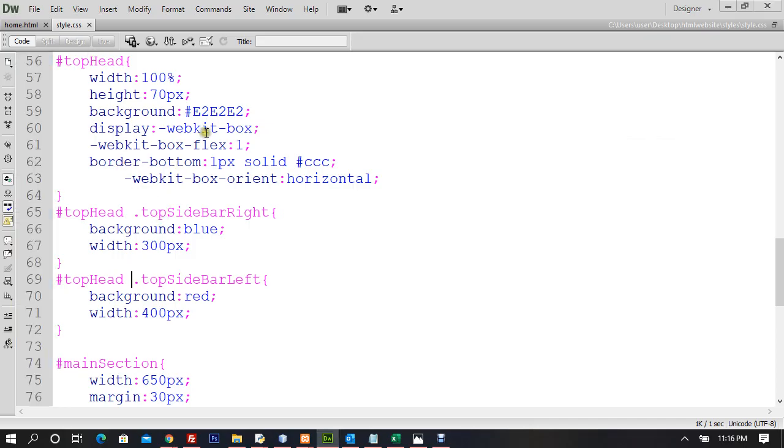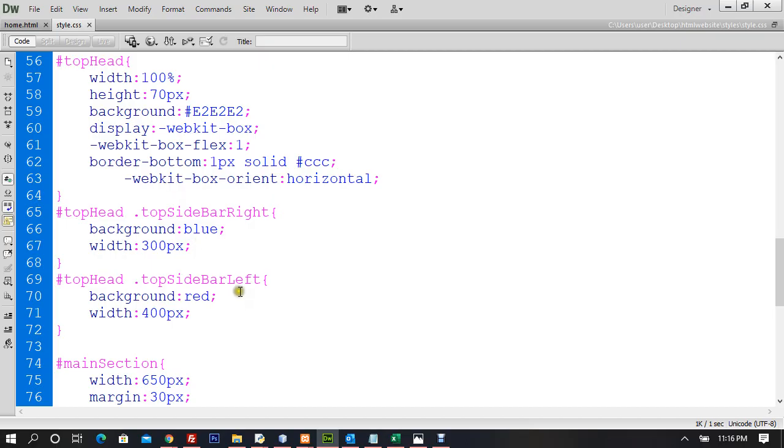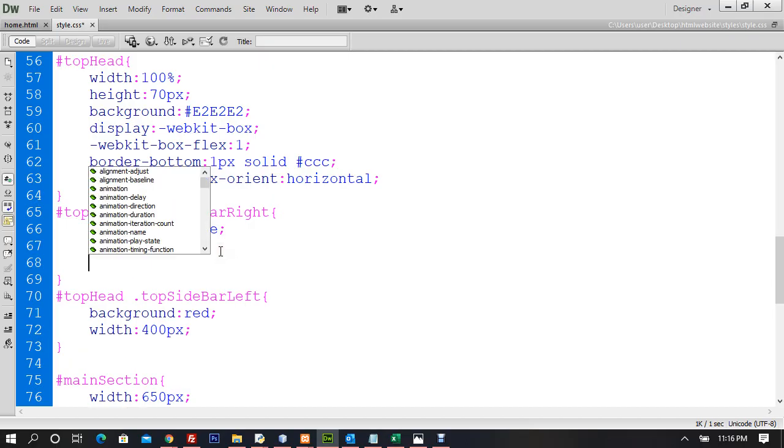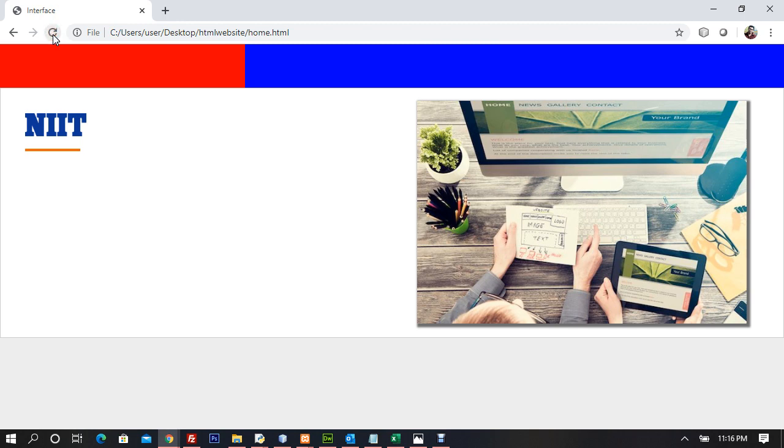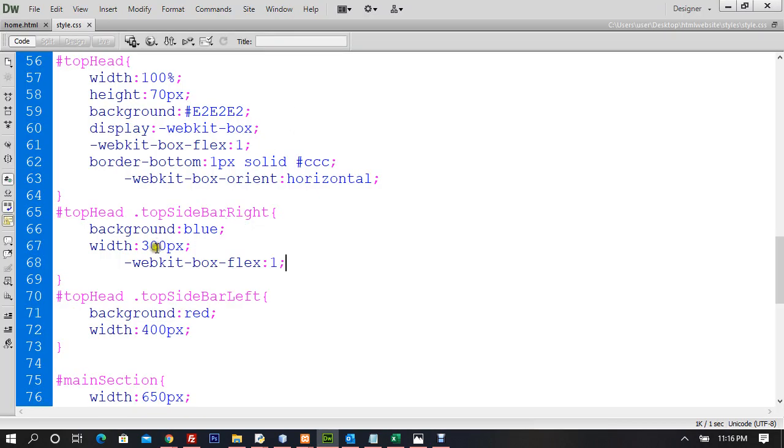Now I want this to be fixed, and I want this to be flexible. Which one do you want to be flexible? I want this blue one to be flexible. Now it's going to take the entire area. That's it. As simple as anything. And why was I taking too much time? So let me keep it